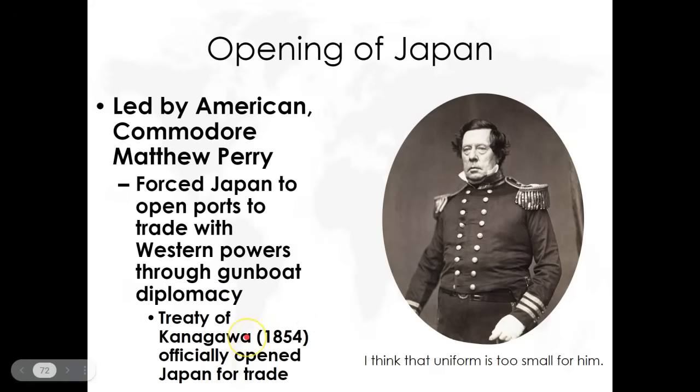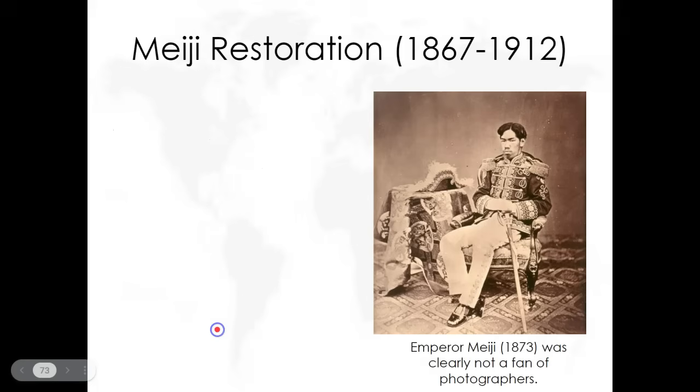So the Treaty of Kanagawa forces Japan to trade with the U.S., and then European countries will force Japan to trade. And the reason they're able to do that is because Japan does not have a modern military. They don't even use gunpowder until they are opened up to trade forcibly. Matthew Perry was the American admiral, basically general in the Navy, who is going to force this to happen. So Treaty of Kanagawa, Japan is open to trade.